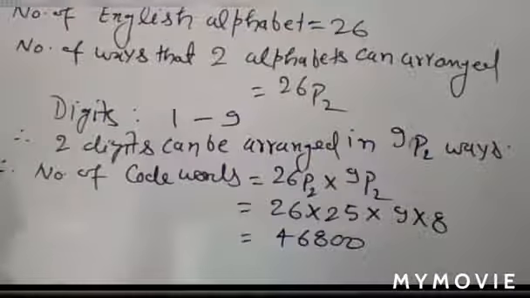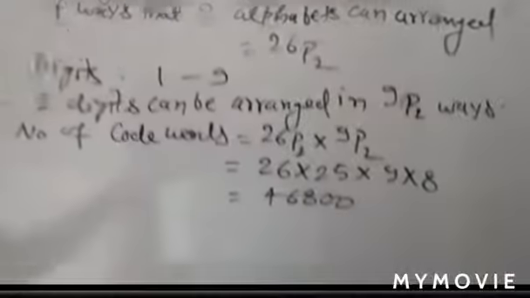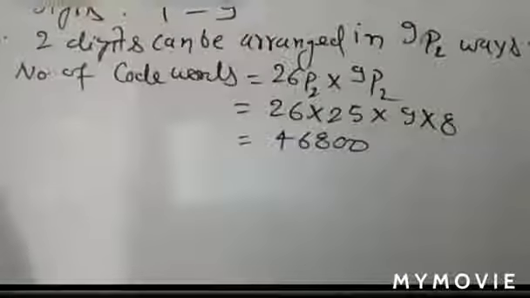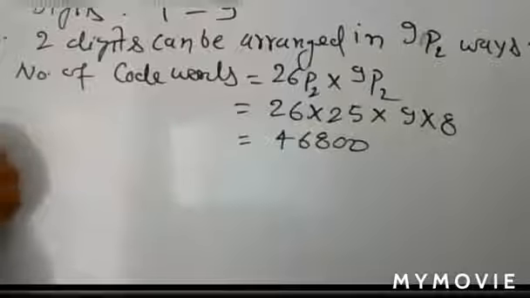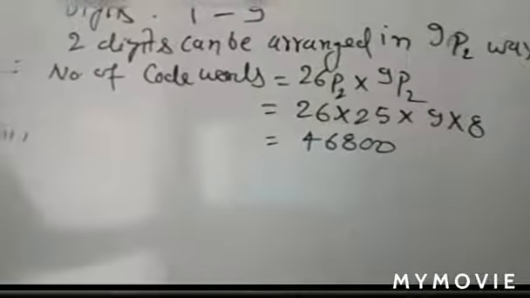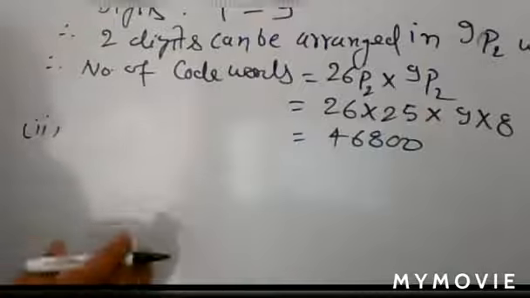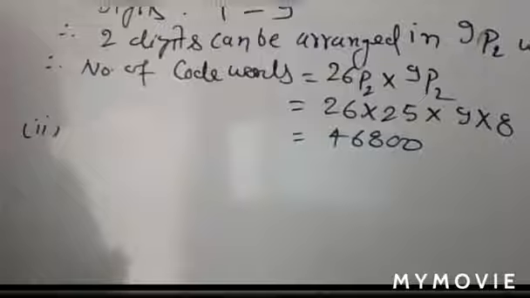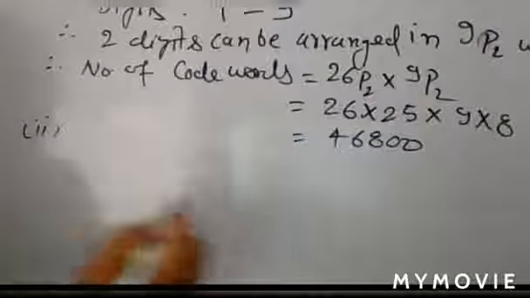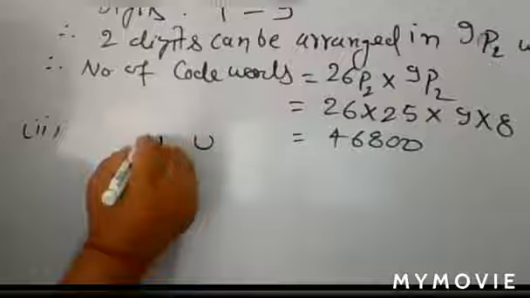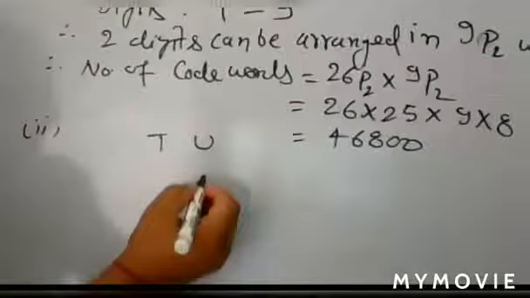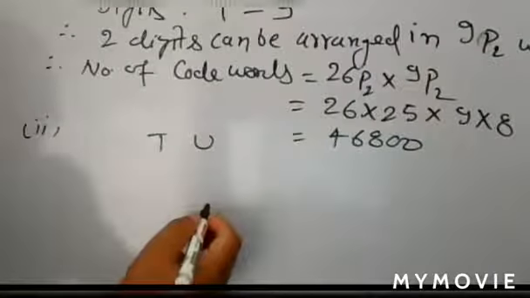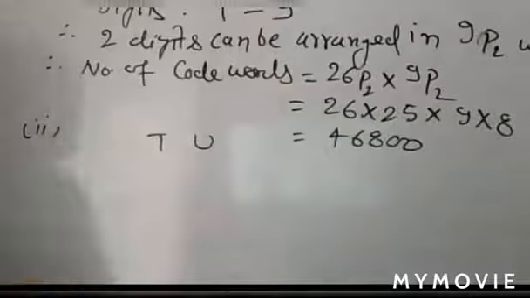Understand? So they are a unit, that means even integers. So even integers are there. Here you can apply the fundamental principle of counting also. In the second part, there is no problem for taking English alphabets, so that will be the same, which is 26P2. In this condition, only you have to check for the integer. The unit place can be filled by even numbers only. So from 1 to 9, how many even numbers are there?